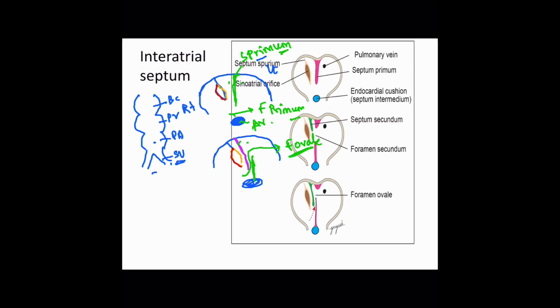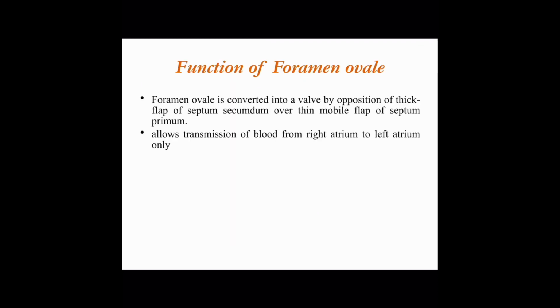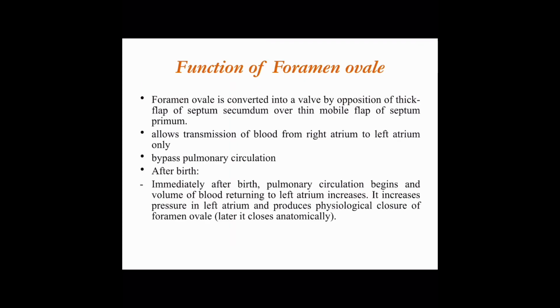We can see the same thing in this diagram: septum primum, AV cushion, septum secundum, septum spurium. Okay, and we can see the horns of the septum spurium. The left horn will merge with the septum intermedius, while the right horn will enlarge and incorporate with the right atrium, with the development of right atrium. Now functions of foramen ovale, we have already discussed this.